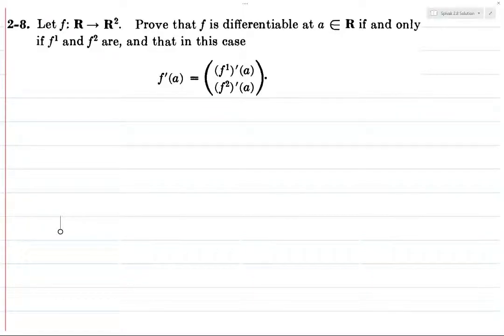Alright, so what we want to prove here is that f being differentiable at a point is equivalent to all of its component functions being differentiable at that point, and then we can write the derivative in this form. So this makes sense because the derivative is going to be a linear function from R to R2, and so if you take something in R, then